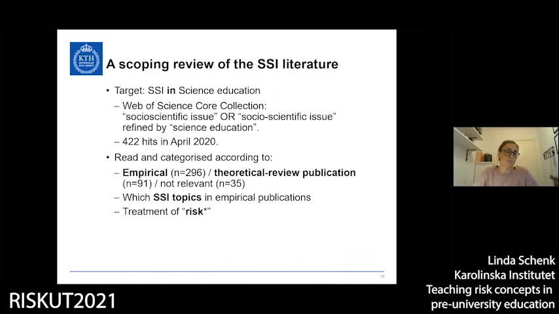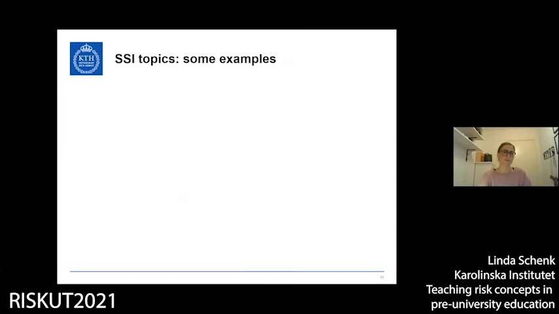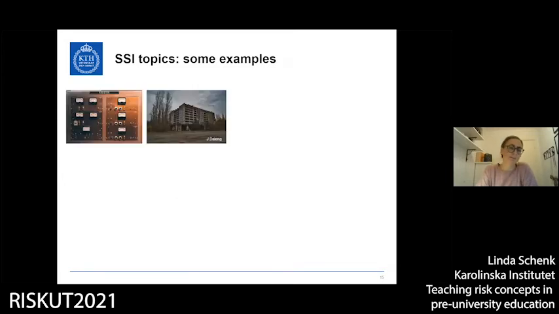Furthermore, we read through the empirical publications to identify which SSI topics were treated. And we also looked at the treatment of risk in these papers. So to give you some examples of what an SSI topic could be, as already pointed out in my first examples from Robin House and Harry Eichelhoff, nuclear radiation, nuclear power plants